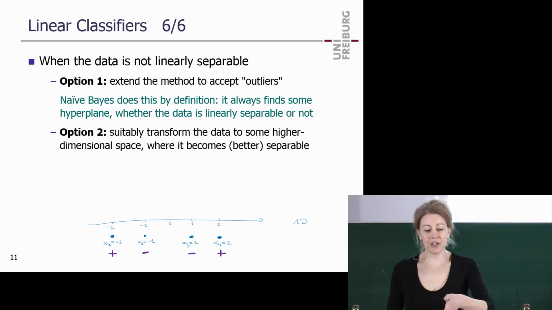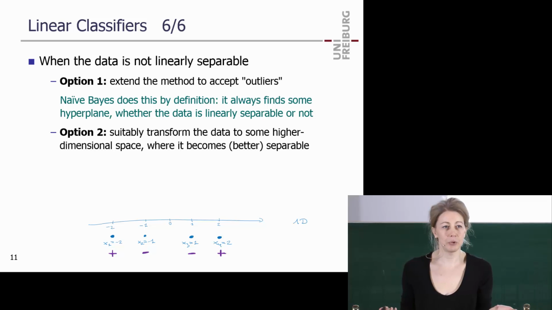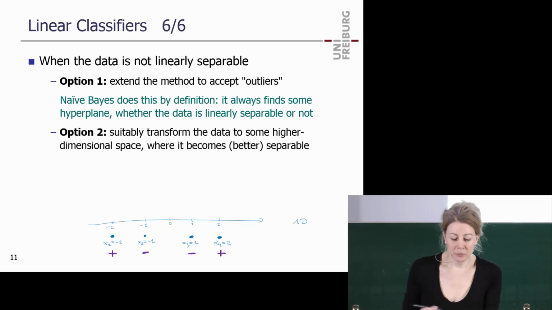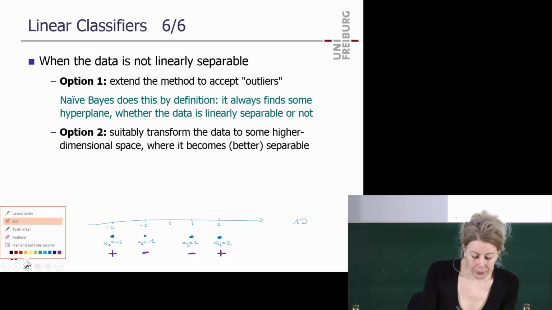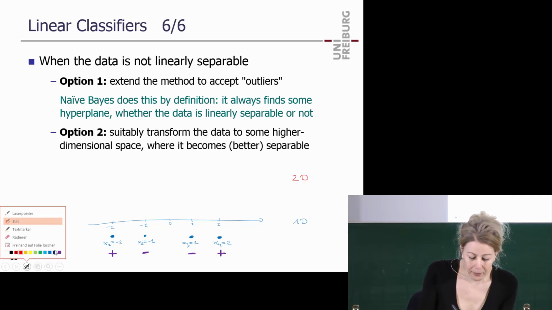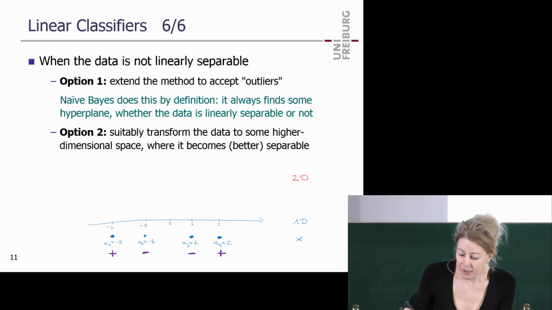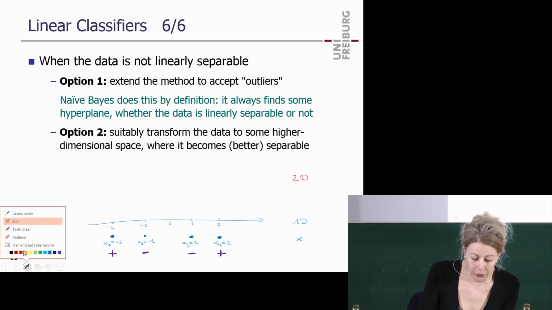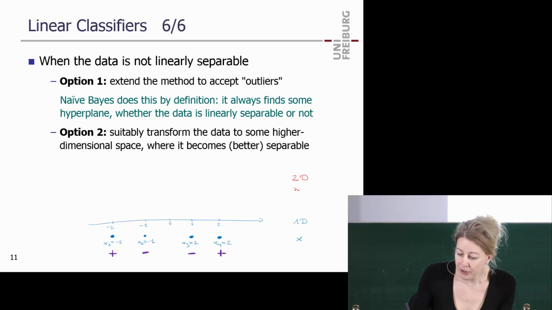Now, linear separation in 1D would be one number, right? Everything greater is this class. Now I can't separate them, right? Impossible. Well, now I can just lift this problem to 2D. So here I have x. There's a whole theory about this. So instead of x, I just take x comma x squared, for example.